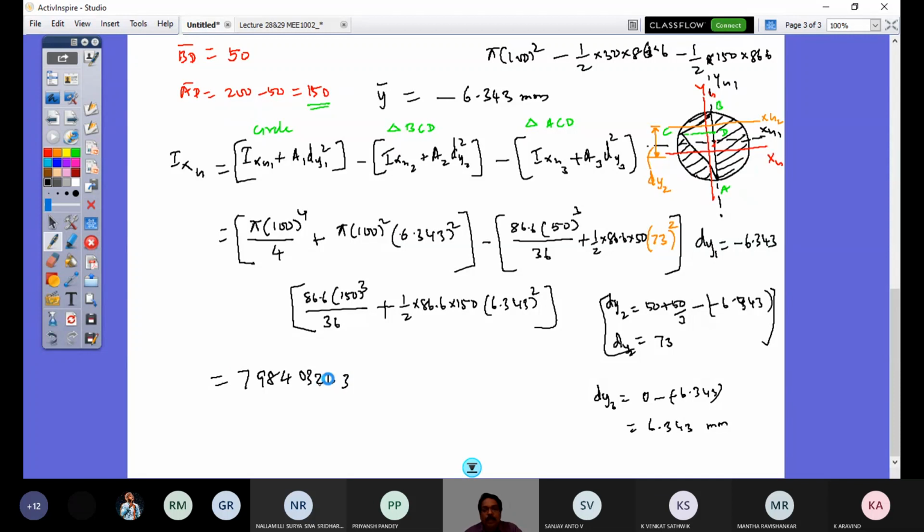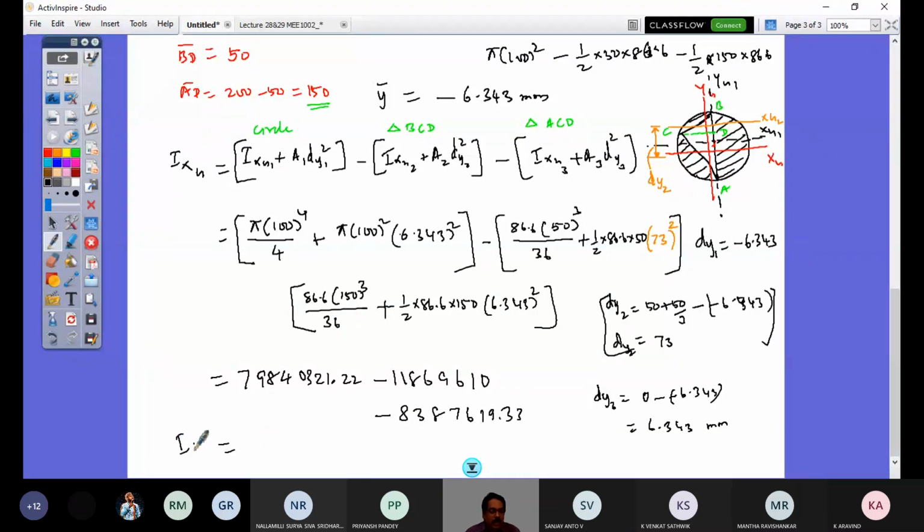7984032.321.22. That is first for a circle. Then minus triangle BCD, second moment of area. So that is 1186910, minus third triangle ACD, that is 8387619.33. So this all work out to be